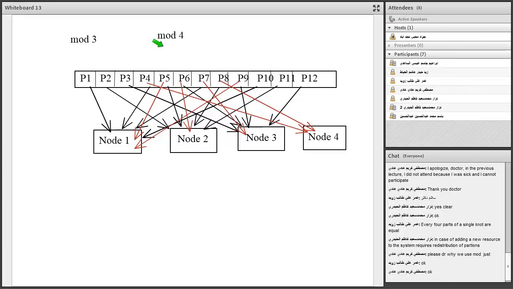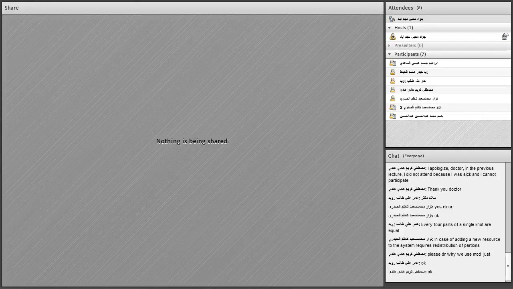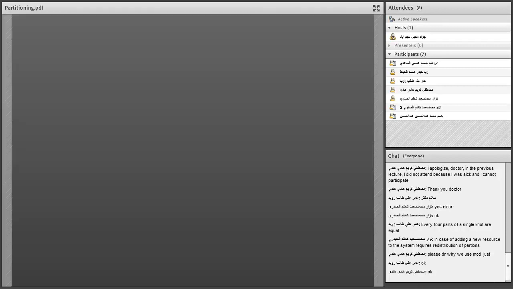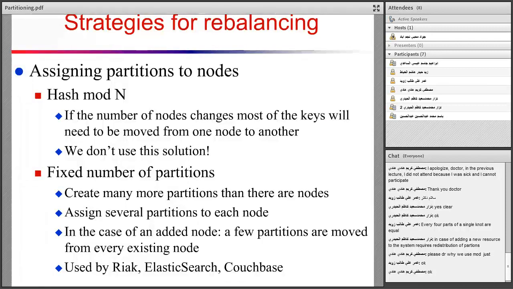Okay, so now we can stop this and come back to slides. Okay. The hash mod n: if the number of nodes changes, most of the keys